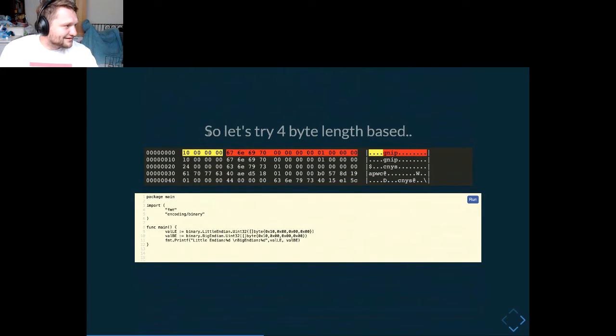So let's try the 4-byte length-based approach, right? As a convenience, I marked it here. This would be the 4-byte length. And I wrote a little code snippet so we can run this. It's a bit dark, let me just mark it. So if you put in the 4 bytes in here,